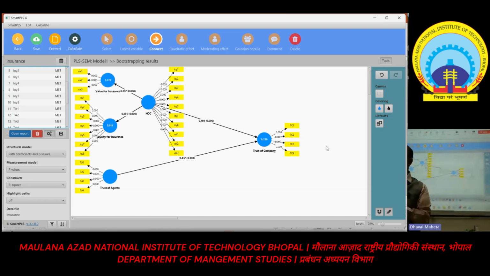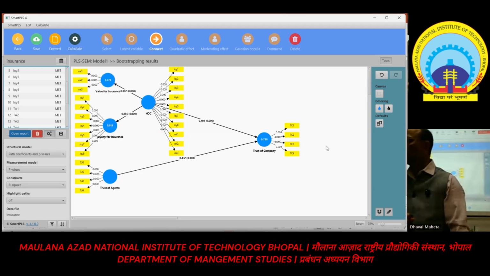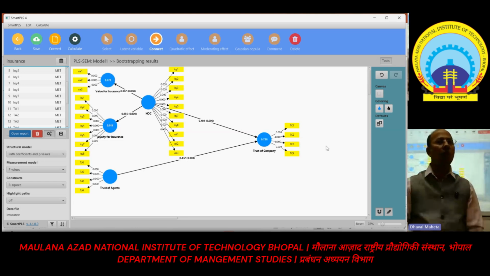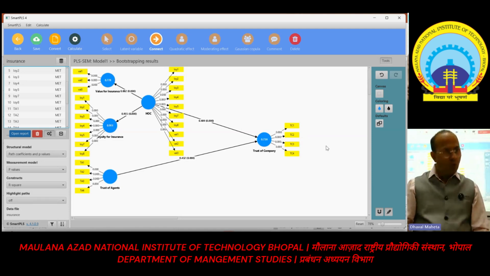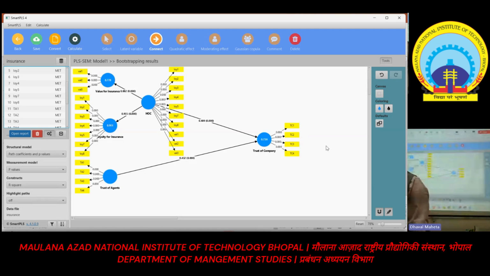Now if all are formative, working on lower order formative is very easy. How? I hope you are listening to me. Working on lower order formative is very easy. How will we check the lower order formative? Global item. Higher order formative: how will we check its convergent validity? It's not possible because you cannot have a global item for the higher order. So what will you do then? You will only rely on path coefficients. If these path coefficients are significant,